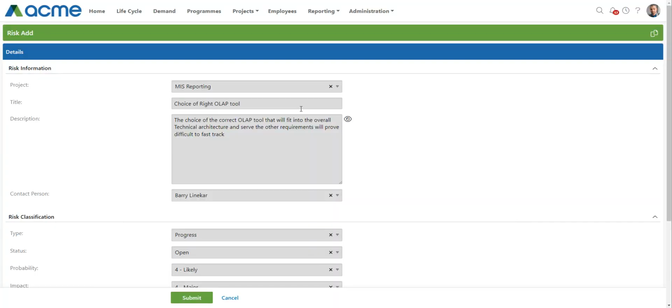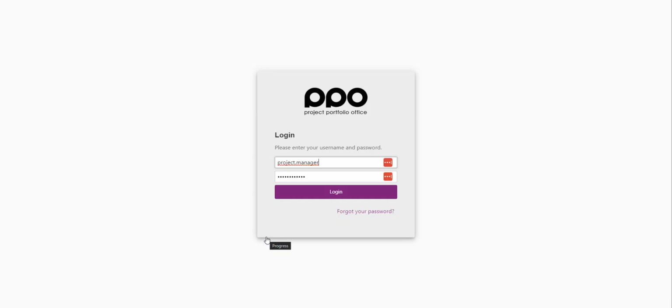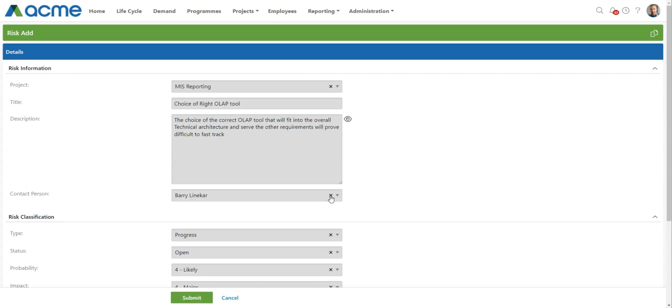Has it ever happened to you that you're adding or editing an item in PPO? You need to step away, and when you come back and click on Submit, you realize you've lost your session. Previously, you'd have to re-enter that information, whereas now we're saving you time by remembering the data that you haven't submitted. We remember that data for a total of 24 hours, and if you click on Cancel, then we